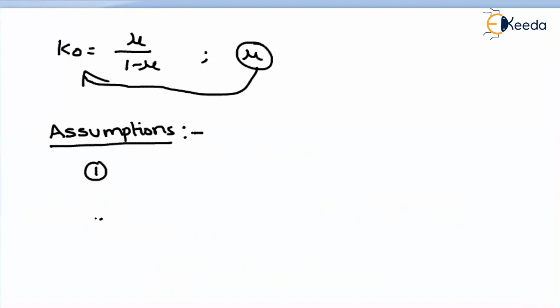Yes, of course. Why? Because soil is an unconsolidated material. So that means it cannot achieve uniform properties everywhere in the soil mass. So it varies from point to point. If it varies from point to point, your pressures also will vary from point to point. Why? Because your mu also changes. That's why we will assume that whatever soil mass we consider is homogeneous, and also we'll say it is isotropic.